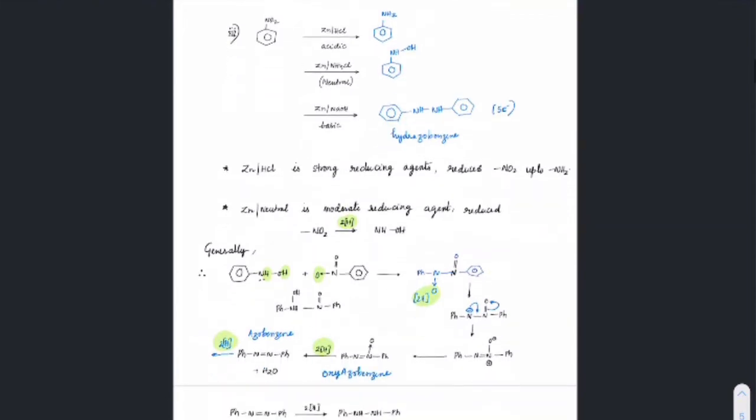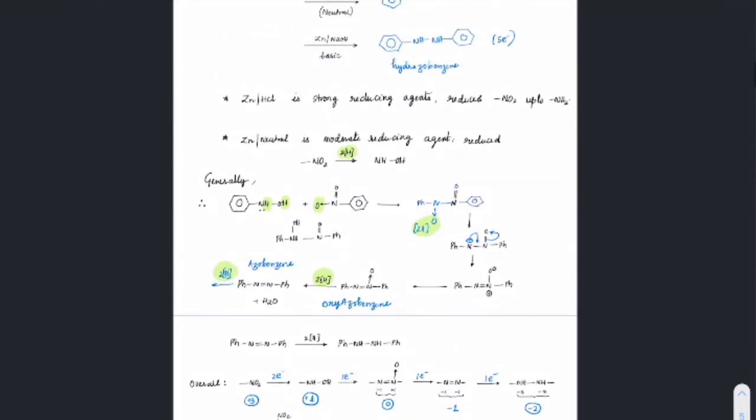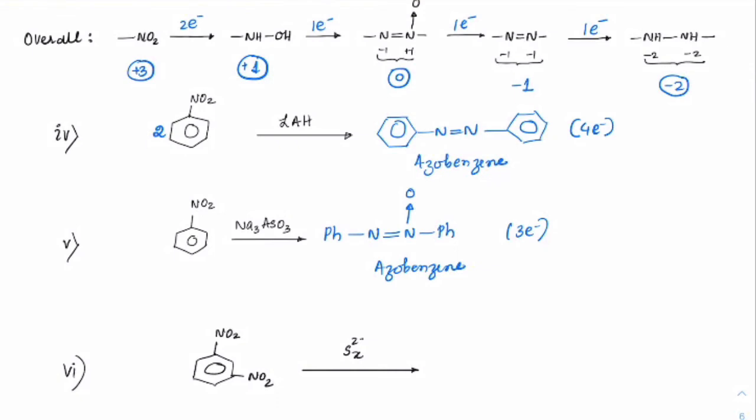So practice this. What are the products you should get? Zinc HCl is a straight question. I mean, it's a normal reduction. These are all the special cases. Zinc in NH4Cl or zinc in NaOH, what will you get? Next, lithium aluminum hydride and sodium arsenite would all give different products, so check. Okay, everyone, please go through that once again.